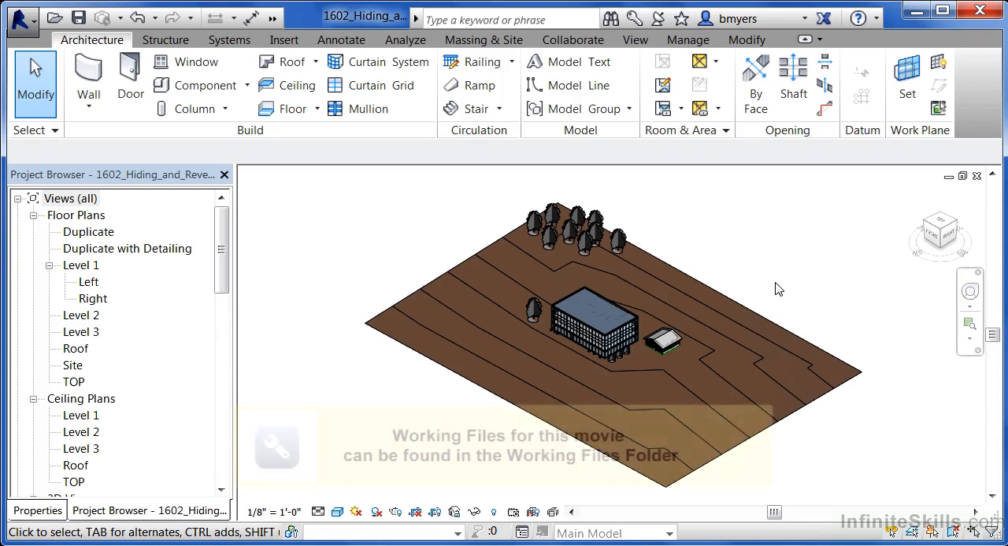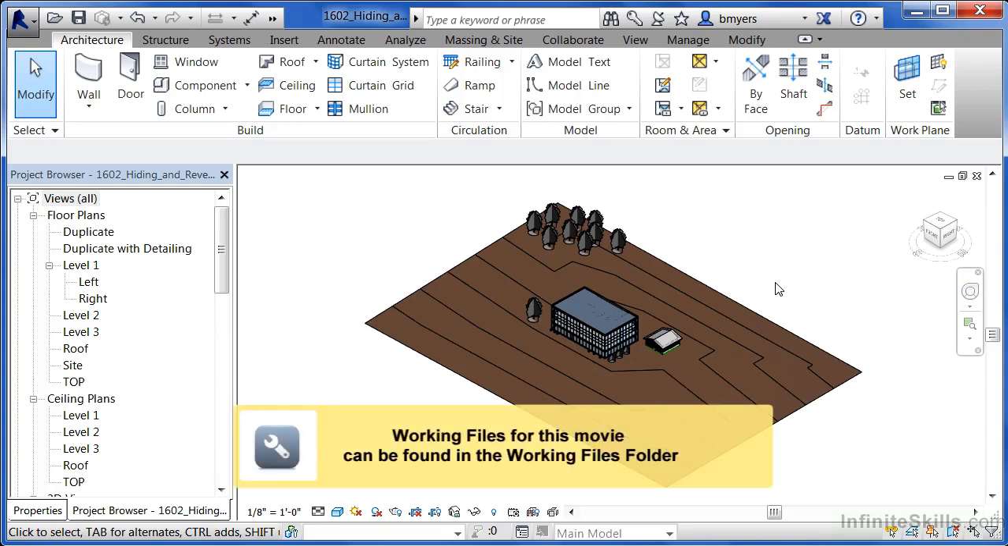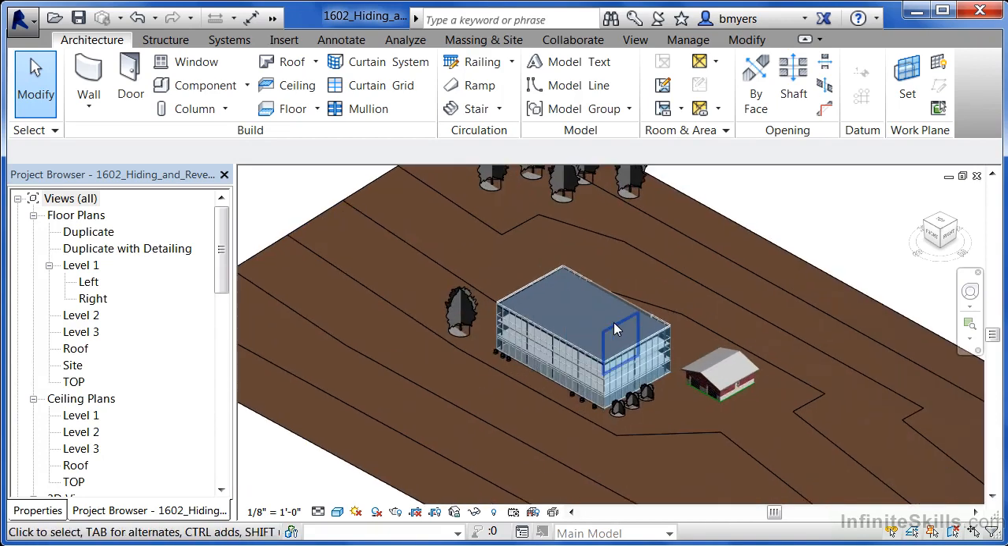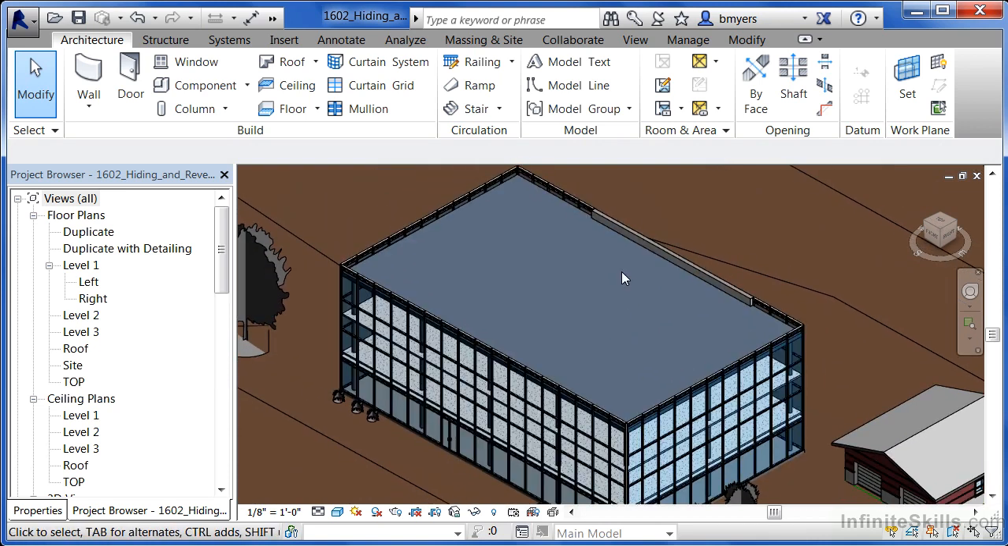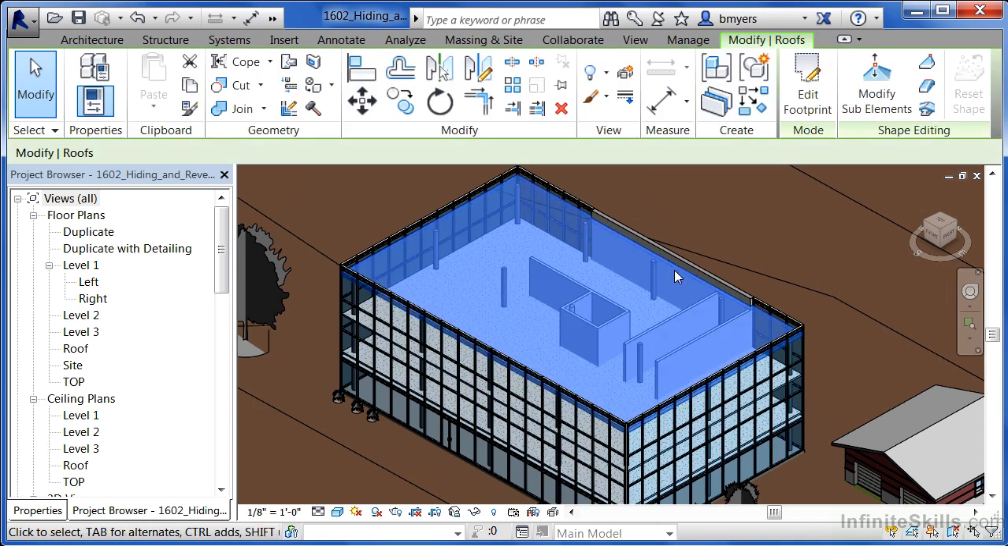Revit has a property that allows it to hide elements as well as reveal hidden elements. To hide an element in Revit, in this case we're going to go into this 3D view. The element I'd like to hide is going to be the roof. Move your mouse over to the edge of the roof and then click when you get to select on the